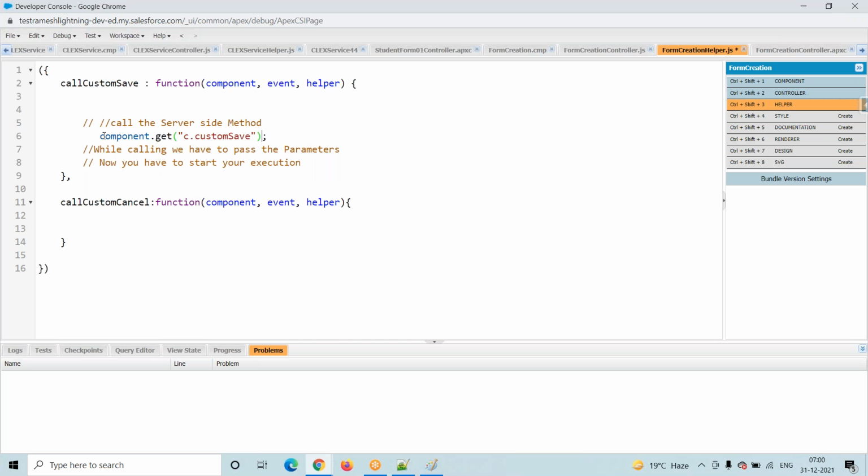Then what we have to do is create one reference variable for this particular method. That reference variable name we can put as anything. For example, I can put RA, it doesn't matter. But generally everyone uses the same name, that is action. We are trying to call the controller method. Yes, I'm calling only; we have still not passed any parameters.